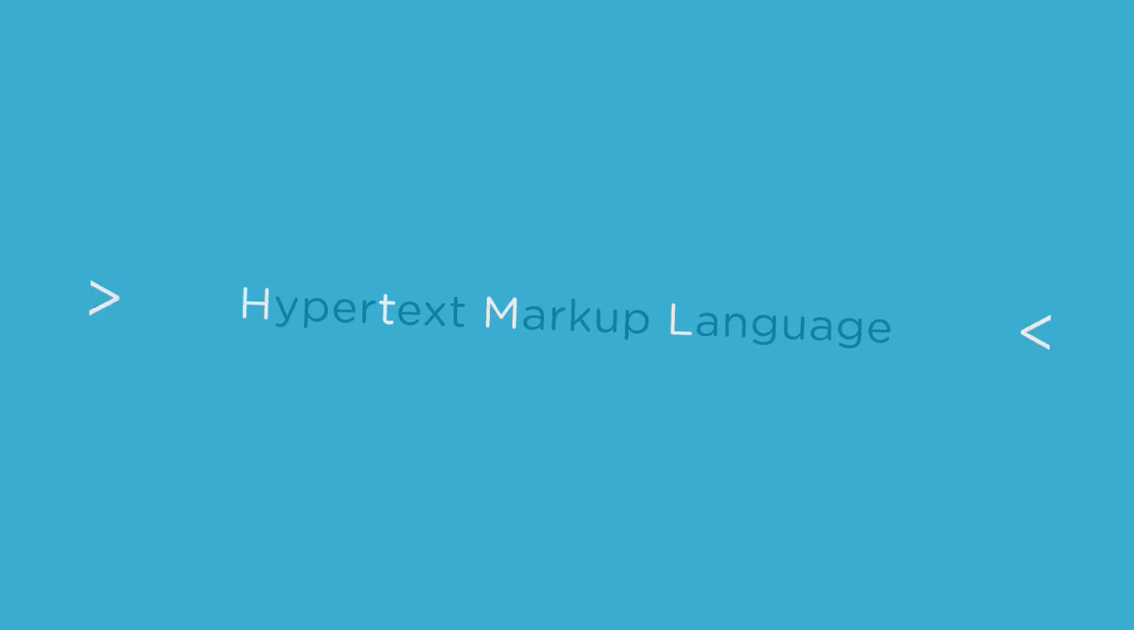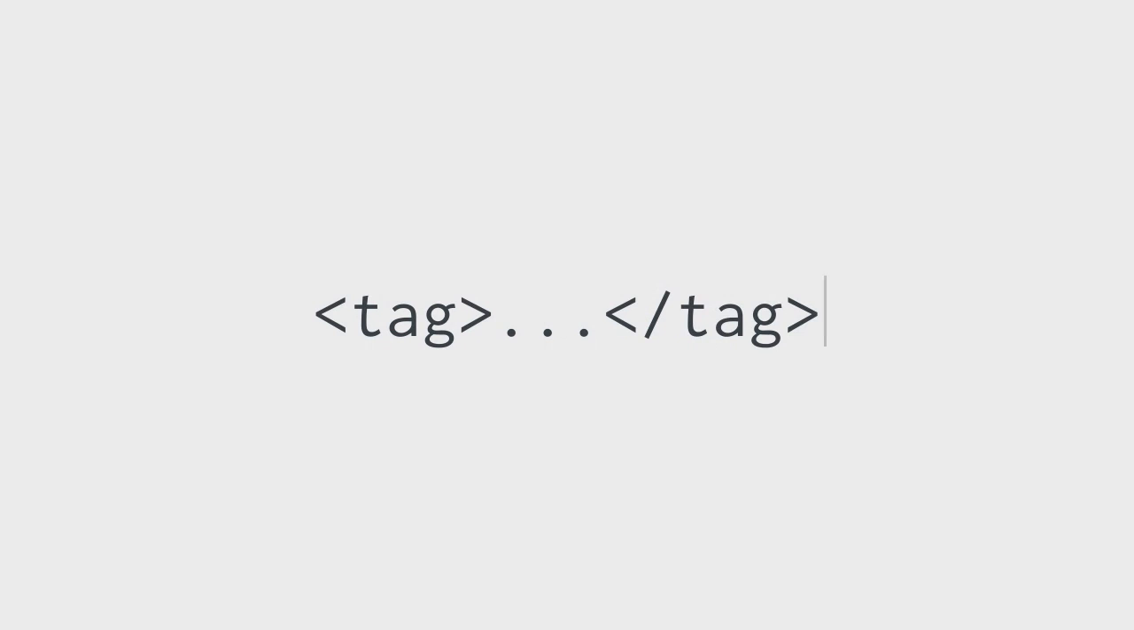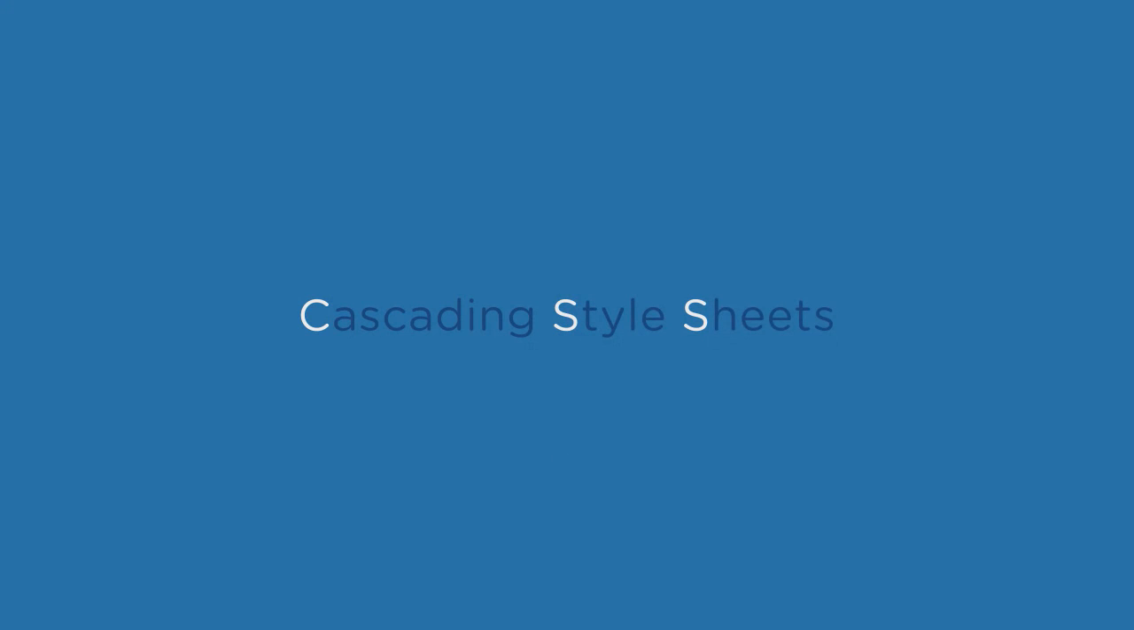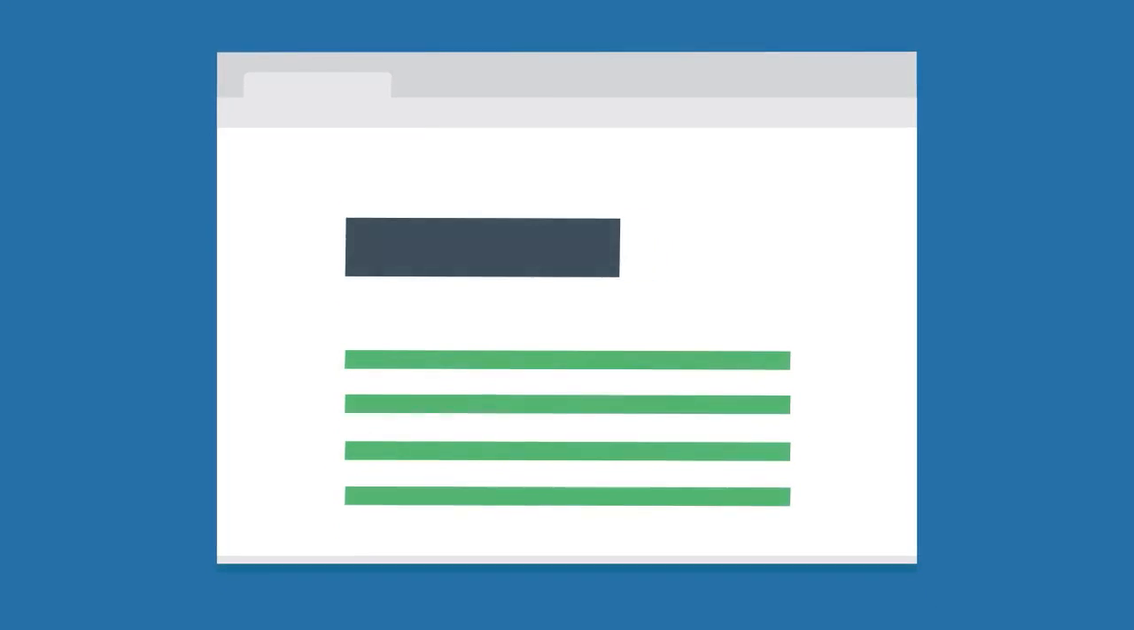HTML, which stands for Hypertext Markup Language, is simply a set of tags we use to describe to the browser how our web pages are structured. We do this by surrounding the content of our web pages with these HTML tags. Then we use CSS, or cascading style sheets, to tell the browser what we want the content between the tags